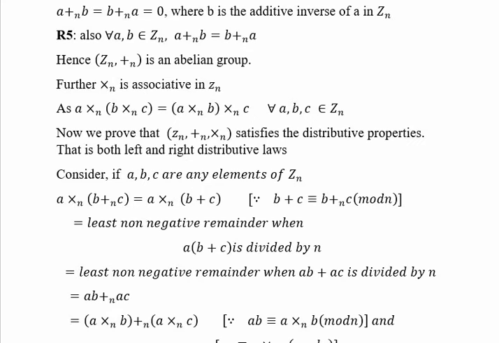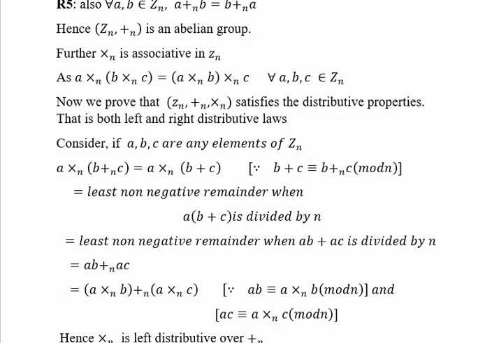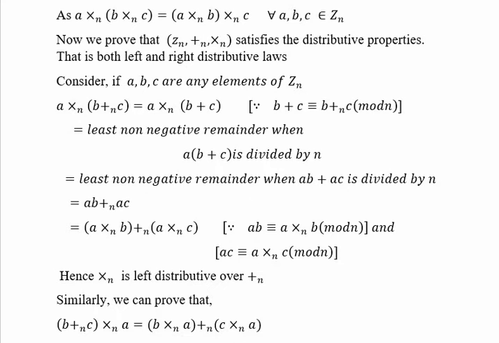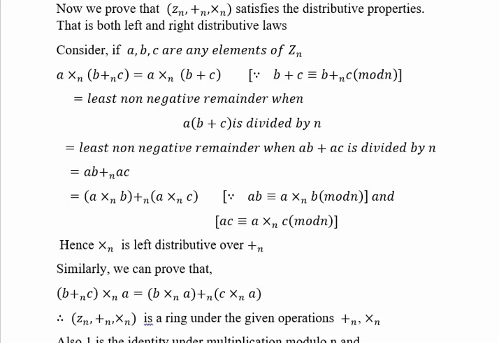This again is equal to the addition modulo n of AB plus AC, and again the regular A into B is equal to A ×n B, so this equals (A ×n B) +n (A ×n C) under addition modulo n and multiplication modulo n, which proves the left distributive property, because the regular multiplication A into B is always congruent to A ×n B modulo n. Similarly, the regular multiplication A into C is always congruent to A ×n C modulo n. This proves the left distributive property of multiplication over addition.